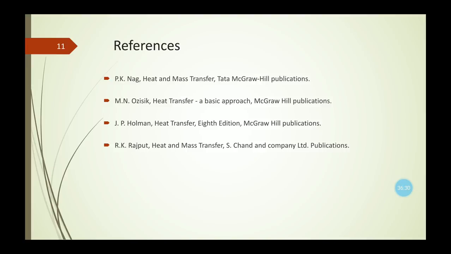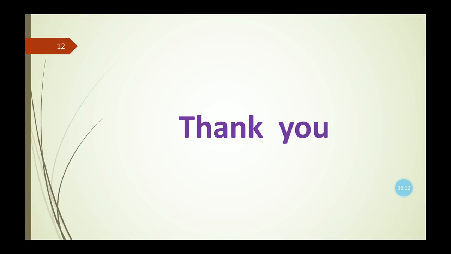So these are the references, and today we have discussed the different numericals based on the formula of the local and average Nusselt number and local and average heat transfer coefficient. Then the integral energy equation, we have seen how to derive its final approximate solution, and lastly we have discussed the derivation and the concept of the Reynolds-Colburn analogy. So this is the end of this lecture.